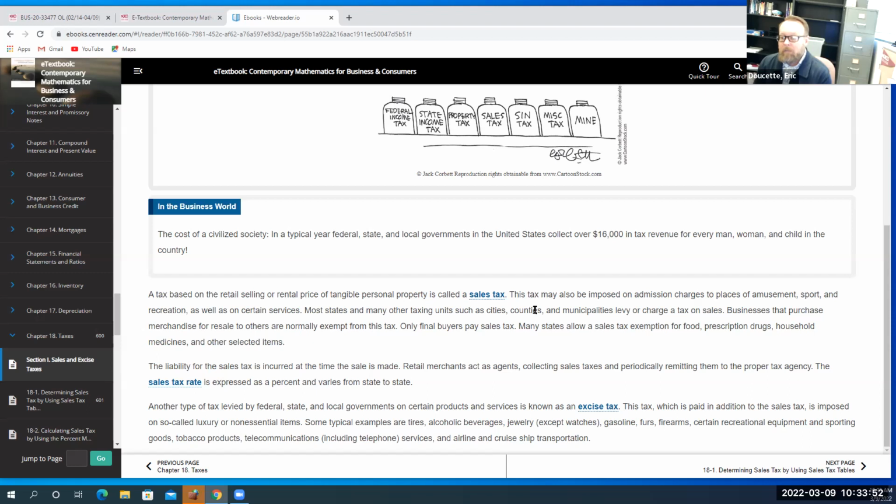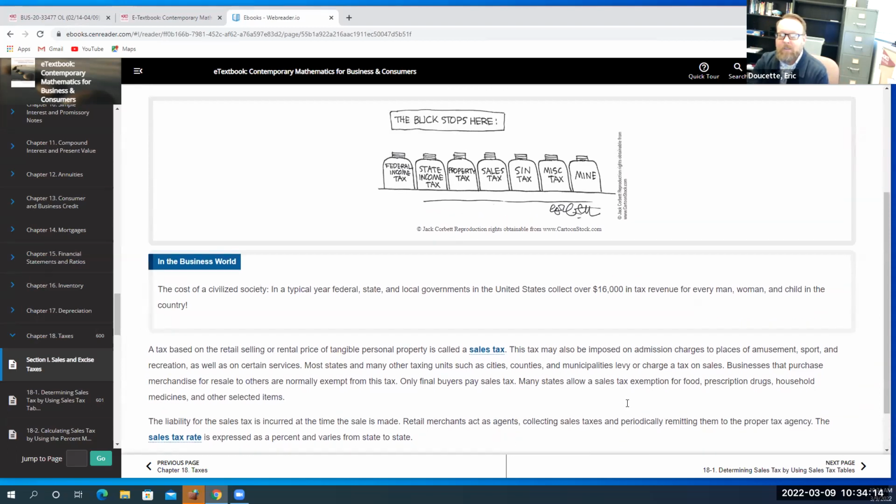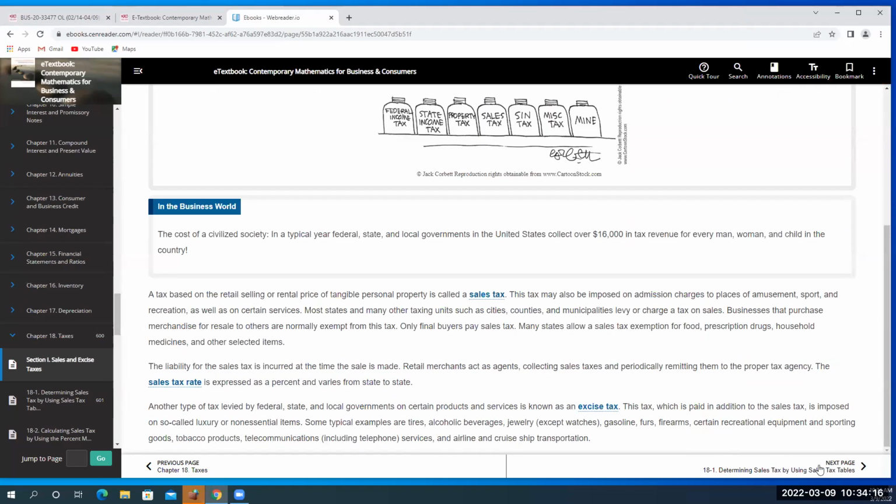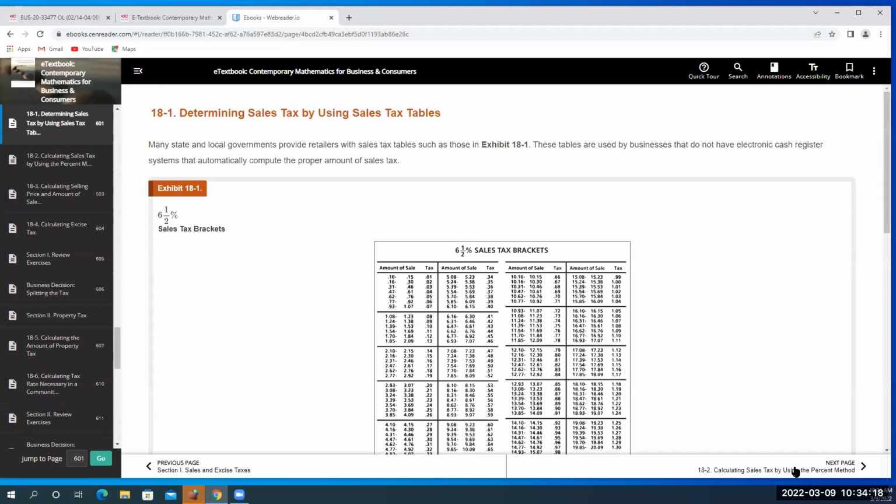So the only catch there is you don't first remove the sales tax and then tax the rest with excise tax. You always start with the full amount. So if the item was $5,000, then you take your sales tax on it. Then when you go to figure out your excise tax, you also take it off of $5,000. You don't take it off of the discounted amount. That's the only catch on those. So always work with the main price. Right. You always work with the main price.